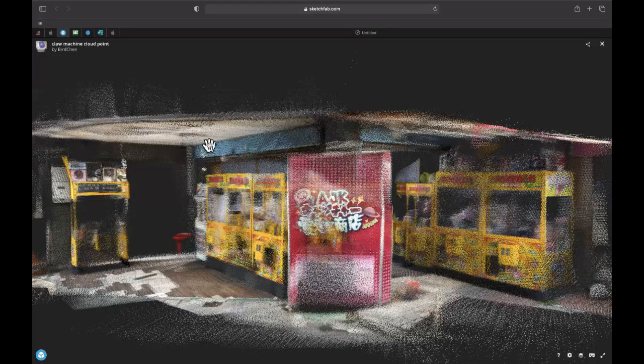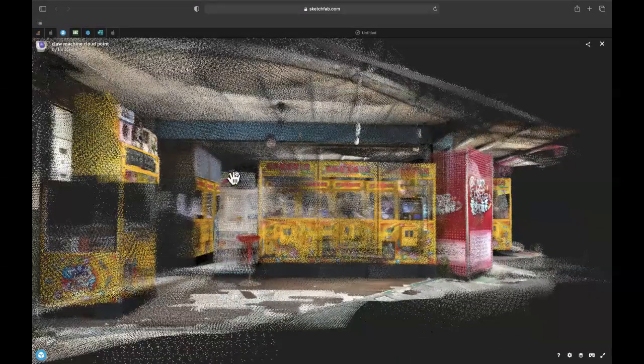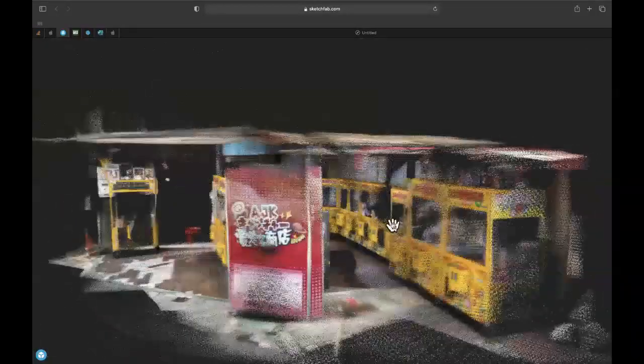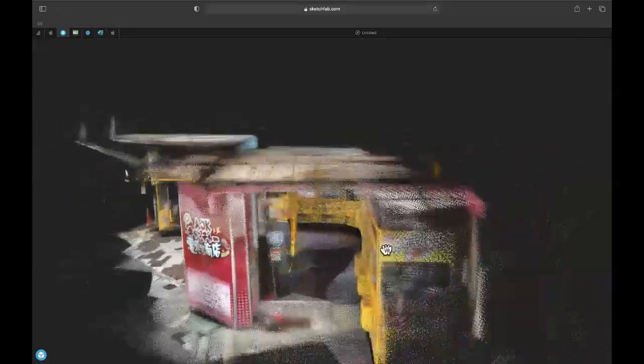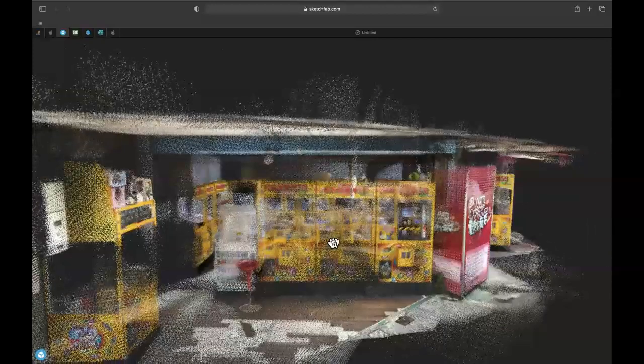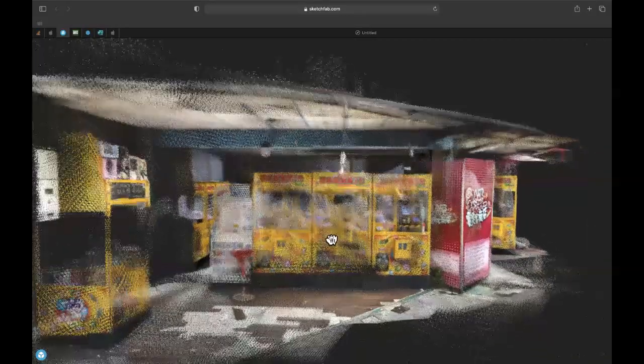And so here I wanted to show you an example of what that point cloud that you get back from that LiDAR sensor looks like. So this is what you're getting. Again, it's not going to be ultra high quality, but you have millions and millions and millions of points. I believe this was scanned inside of an arcade. You can see we have all these different arcade machines, the floor, the machines, but this type of map is way more detailed than we had a year ago. This is way more detailed than ever.